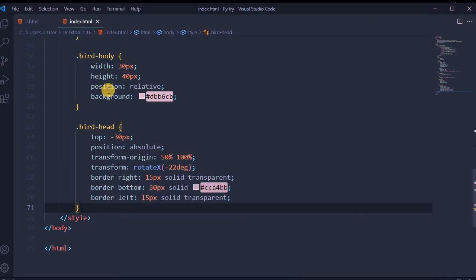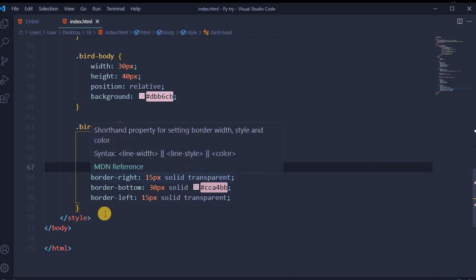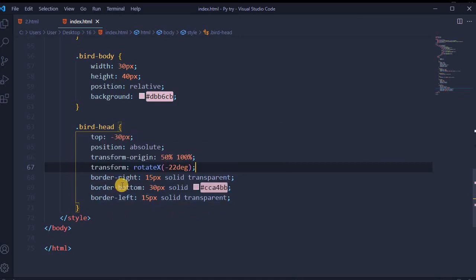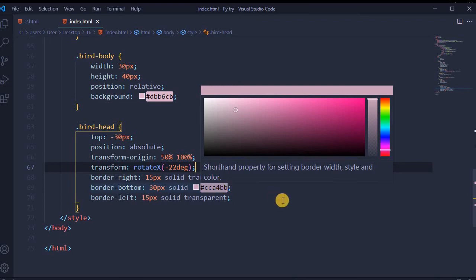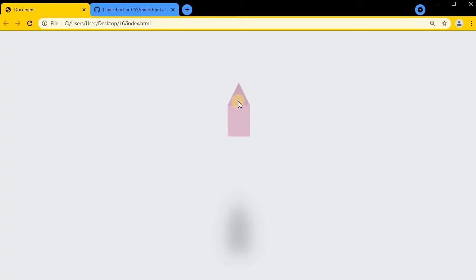For bird head, top will be -30 pixels with position absolute, add a transform origin and transform rotate X -22 degrees, with border right transparent, border left transparent, border bottom 30 pixels solid pink color. After reloading the page, the bird's head displays correctly.